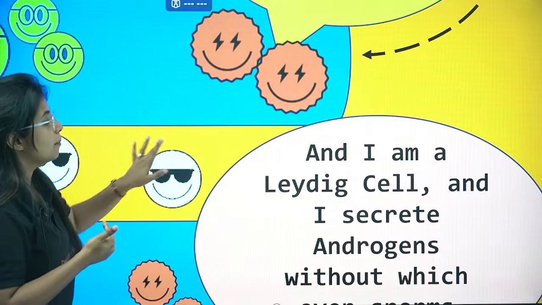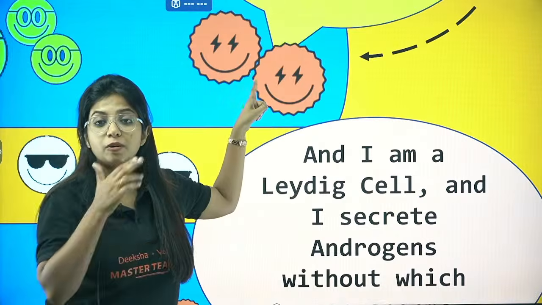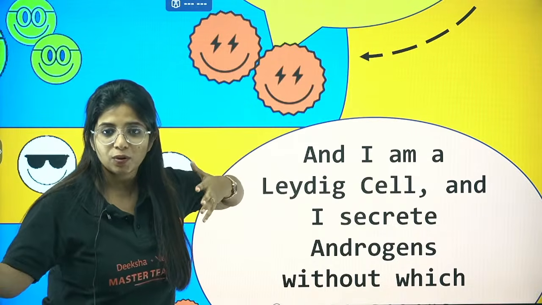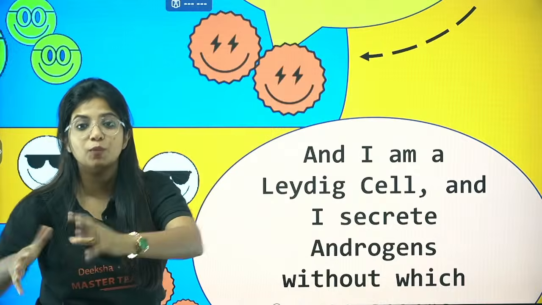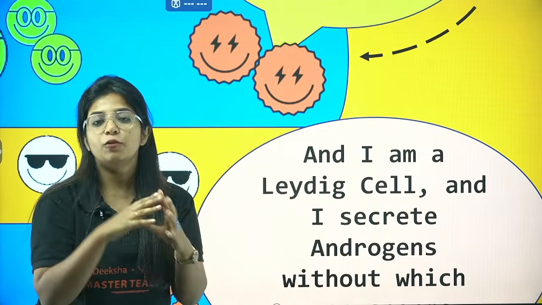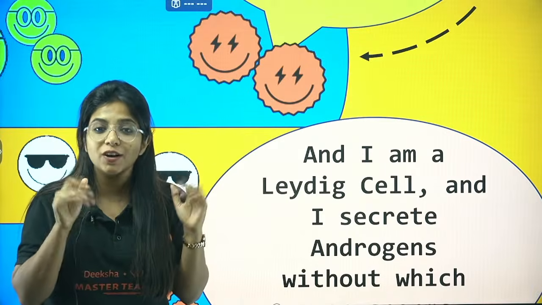But why are we making it? We are making it because for the process of spermatogenesis, as in for the formation of sperm to be done, that is spermatogonia to divide to form sperm, you need some hormones as well. Without the information given from the hormones, they are not going to do anything.